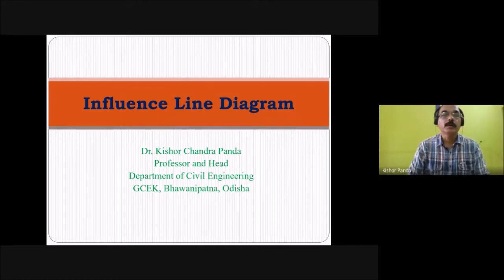So far we have discussed for static loading how to draw the bending moment and shear force by different loading, dead load, live load. But this chapter is dealing with the moving load. So when the load is moving across a road, across a bridge, what is the effect on the bending moment, shear force and reaction? And where will you get the maximum bending moment, maximum shear force?